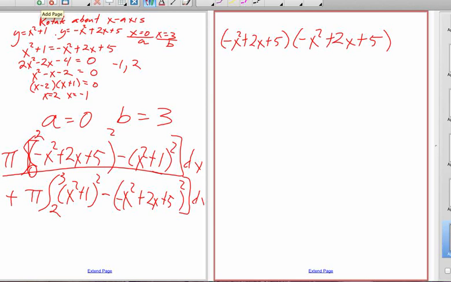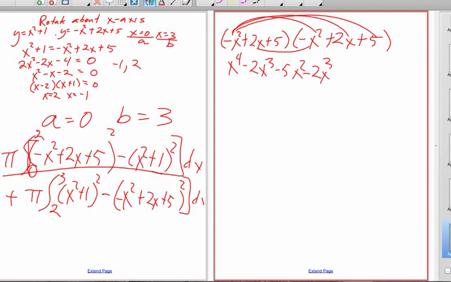And so when you do that, I end up with an x to the 4th minus 2x cubed minus 5x squared. Then I have to distribute this 2 in, so that's going to give me a minus 2x cubed. And then that times that will give me plus 4x squared. And then plus 10x. And then finally I take my 5, that will give me minus 5x squared plus